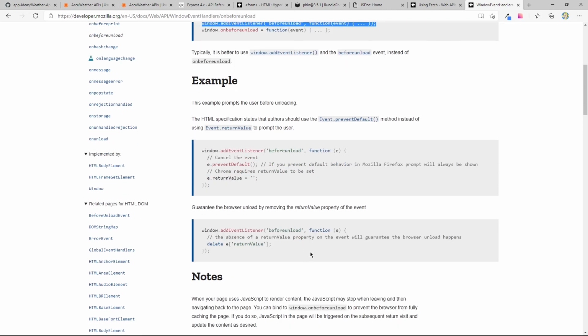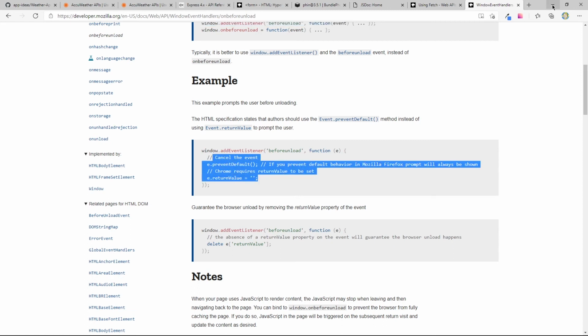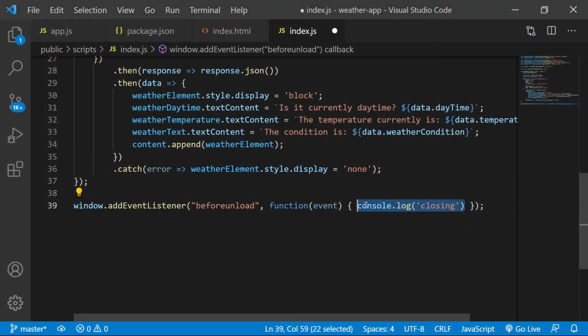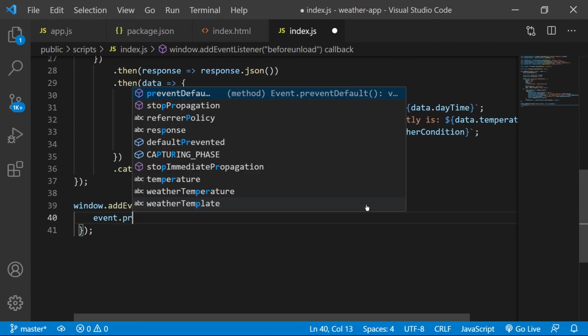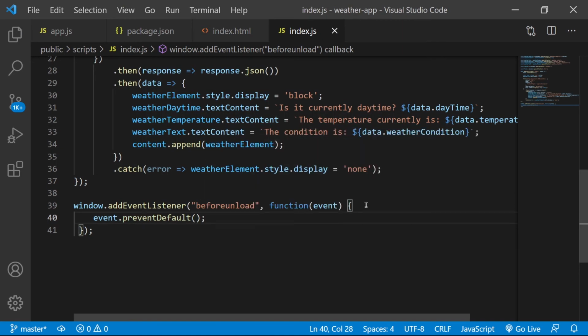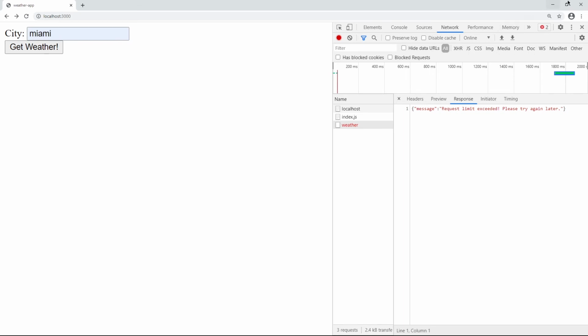Guarantee the browser unload by removing the returnValue property of the event. So let's see. So e.preventDefault. Let's come back here. Event.preventDefault, which seems interesting. Okay, is that really gonna close my page? Okay, well that totally closed my page.